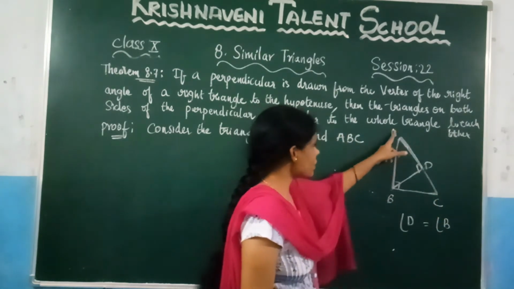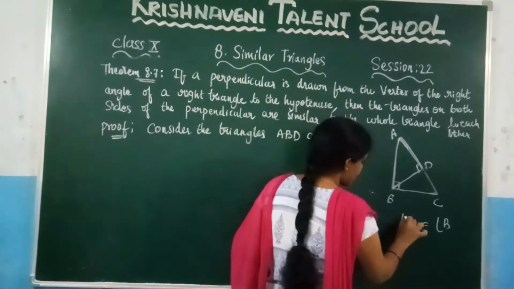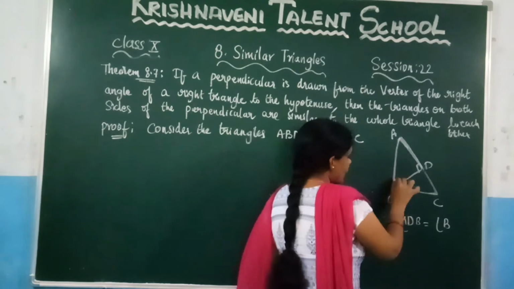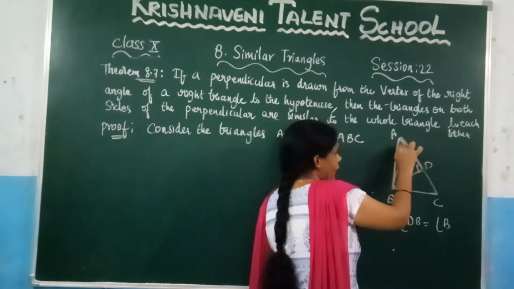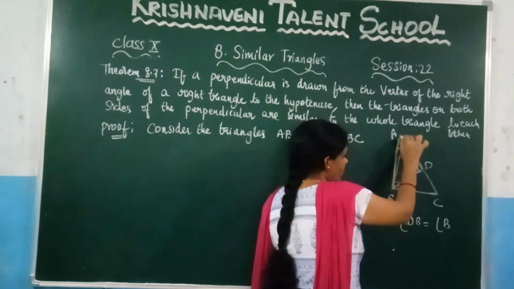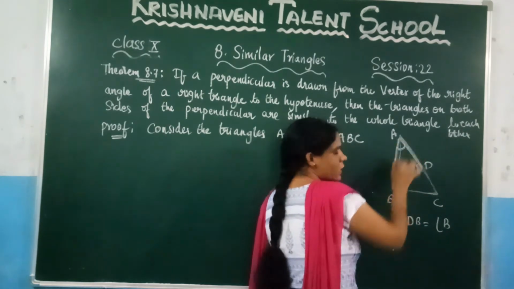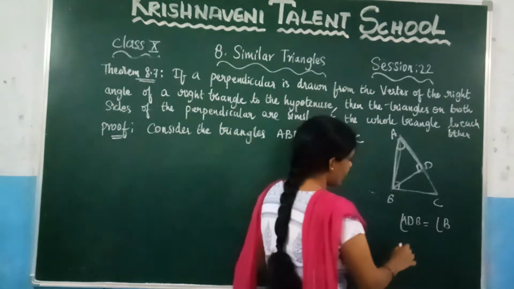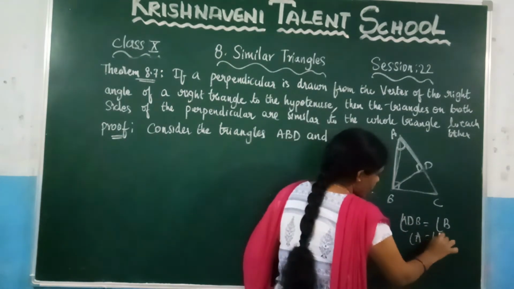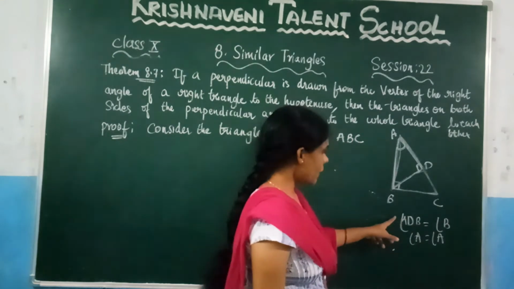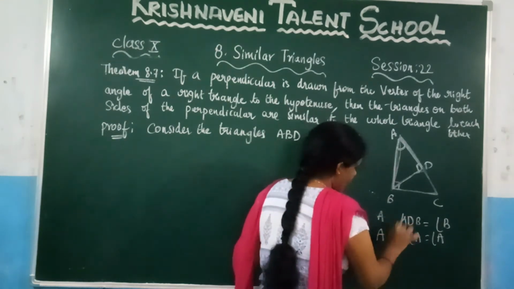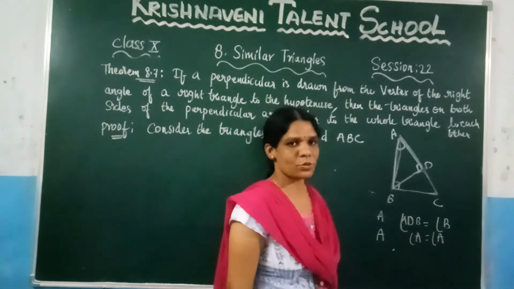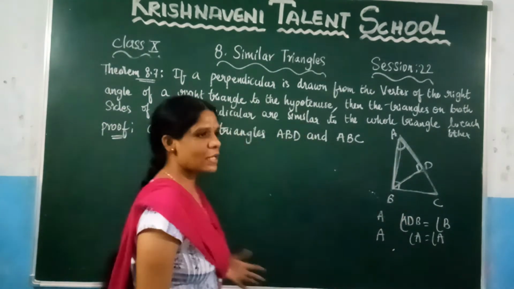Right? What is angle D? It is nothing but ADB. So you can write it as ADB. This one. Now again here, if you consider this triangle, angle A is there. And if you consider here the bigger triangle, again angle A is there. So angle A is the common angle of these two triangles. So you can write it here, angle A is equal to angle A. Now you can apply here angle similarity, right? By angle similarity, you can say that here these two triangles are similar. So let us write that one.